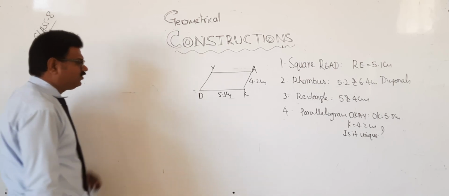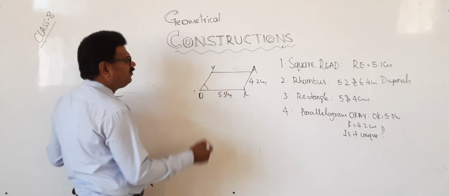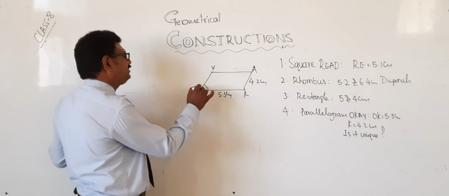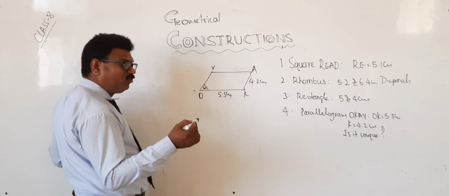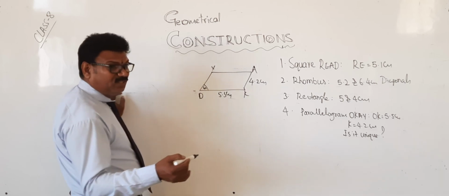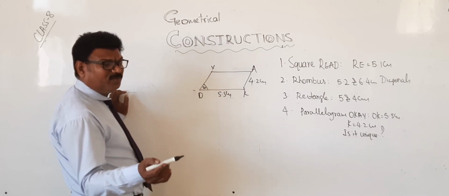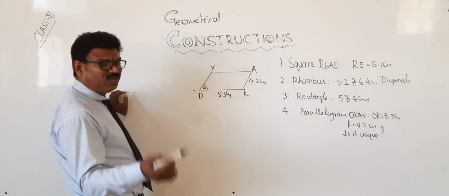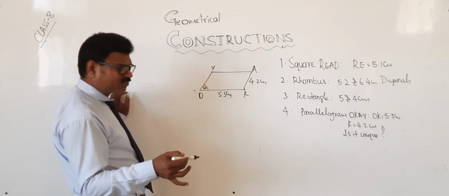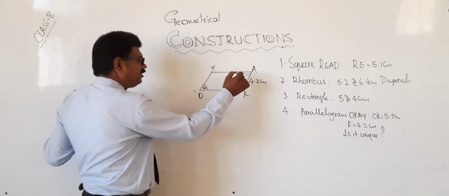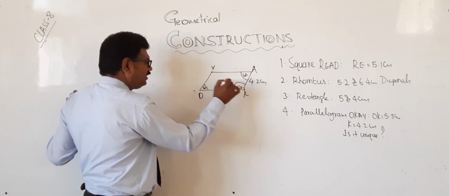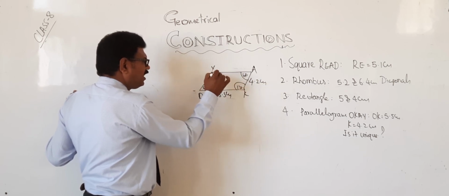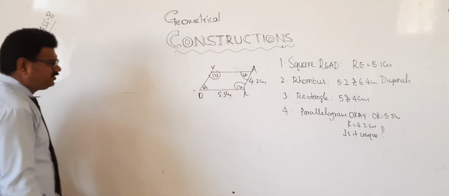Therefore we can do one thing: take one angle. Consider any angle, for example we take 60. You may take 75, 80, 40, 45, or 30, like that, understood? Because if one angle is 60, this is also 60, and what about this? This is 120, and automatically it will come out. Shall we draw?